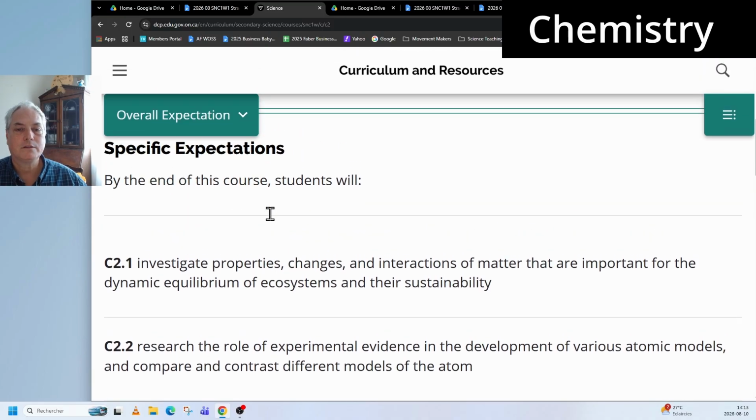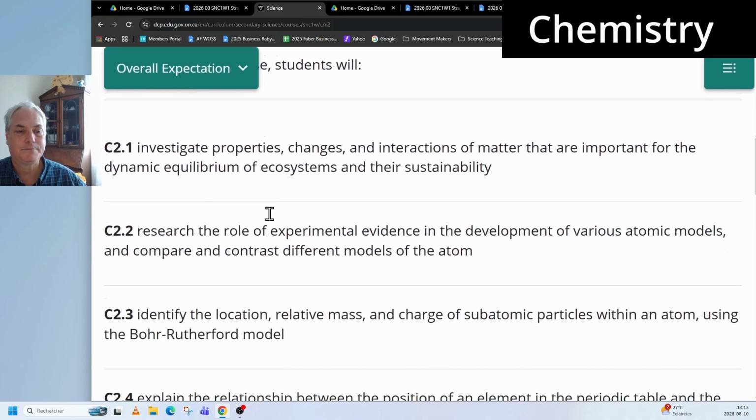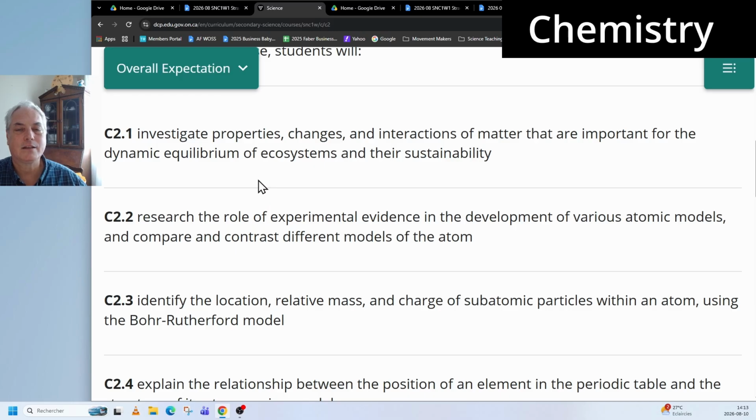So the students will, in this segment, and you will recognize that for the ones that have taught this course. Otherwise, if you're new to teaching grade 9 science, you'll see lots of good fun. C2.1, investigate properties, changes, and interaction of matter that are important to dynamic equilibrium of ecosystems and their sustainability. So here, looking at